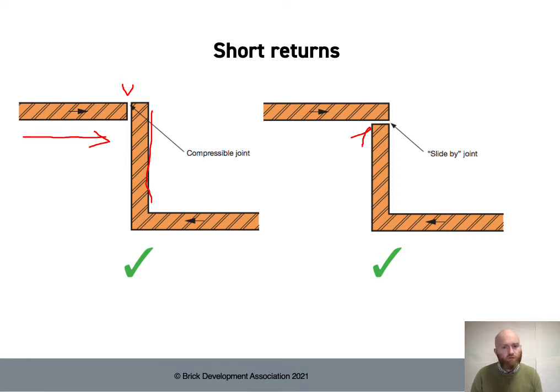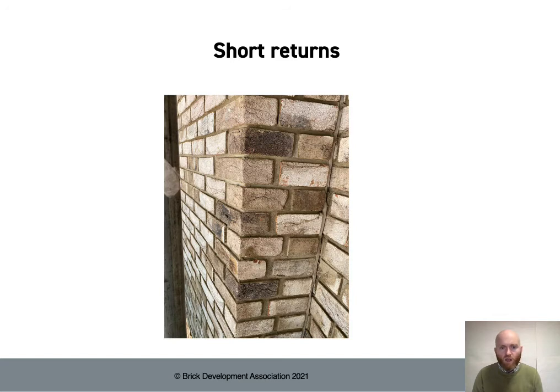But again, that movement of the brickwork in this direction is not transferred into the short return. And if you imagine that, if this side is inside of the building, actually when you're looking from the outside, that movement joint, you don't really read it as anything hugely different from your normal bonded corner. As you can see in this image here, the movement joint's been formed in the internal angle,